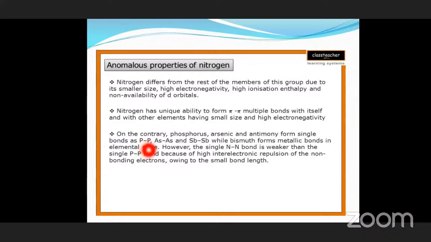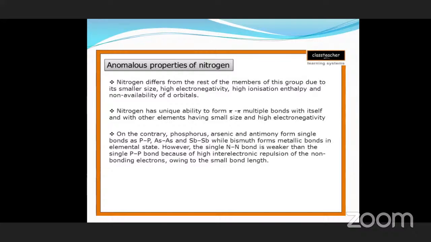That is phosphorus bond phosphorus, arsenic bond arsenic, and antimony bond antimony, while bismuth forms metallic bonds in the elementary state. However, the single nitrogen-nitrogen bond, what does that mean? Here, between phosphorus, arsenic and antimony atoms there are single bonds. That means in this state these three elements show more stability. Whereas in nitrogen, if single bonds are present,